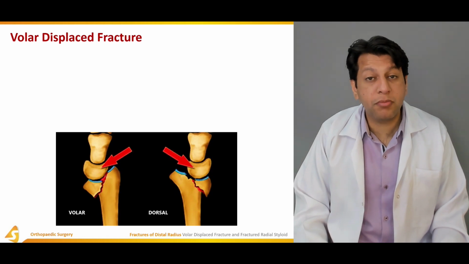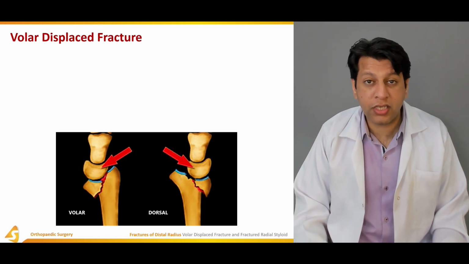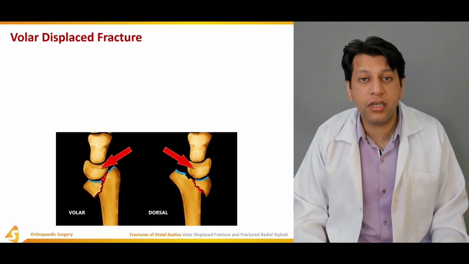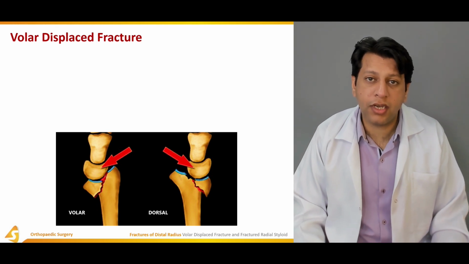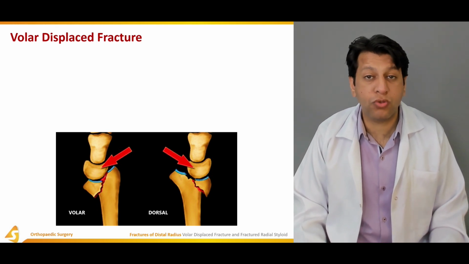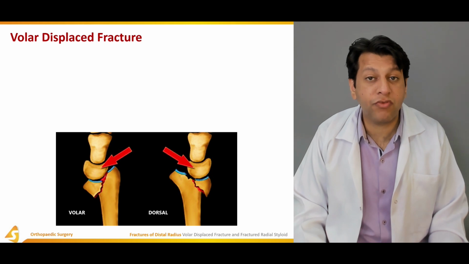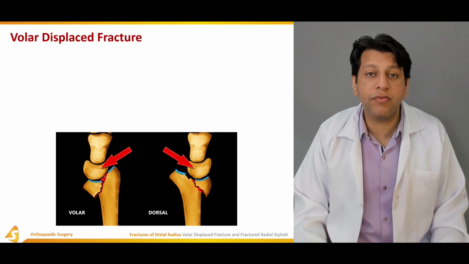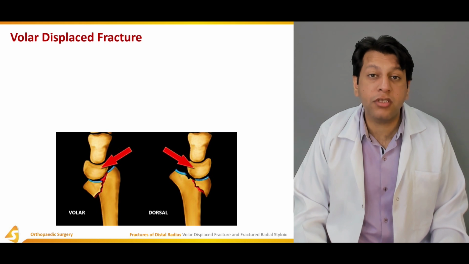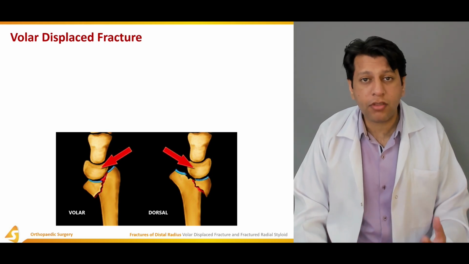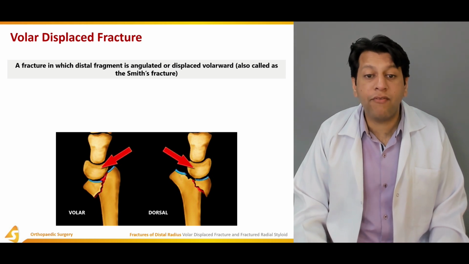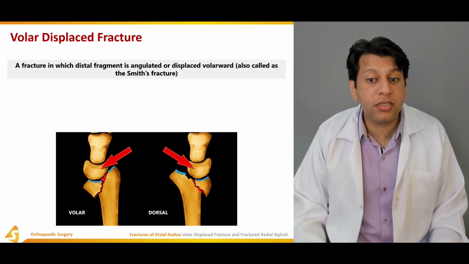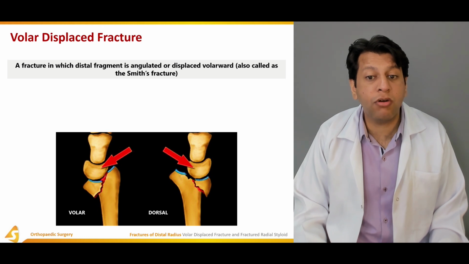So we have discussed briefly in the first section about the Colles fracture, which was actually a fracture resulting in a dorsal displacement of the distal fragment. But when the patient falls on the outstretched hand in such a way that the forearm is supinated and the wrist is flexed, this usually results in a Smith fracture, in which the distal fragment of the fracture gets volarly displaced. So a fracture in which the distal fragment is angulated or displaced volarward,